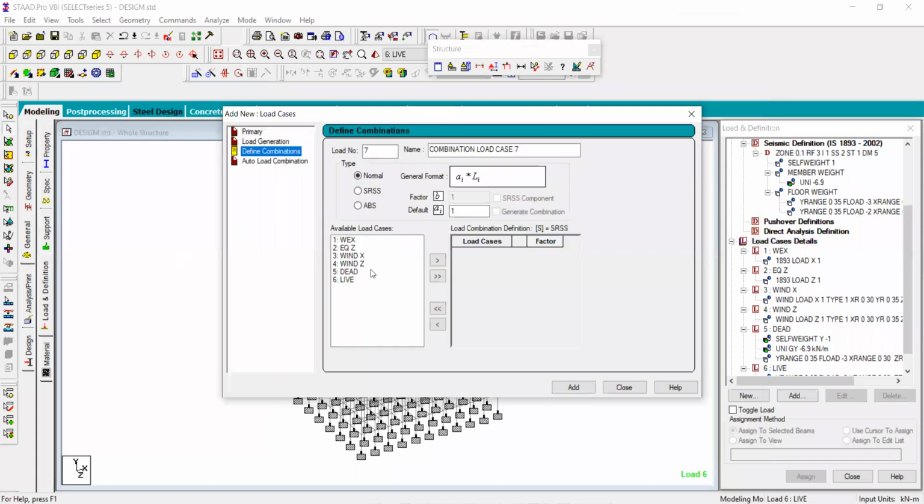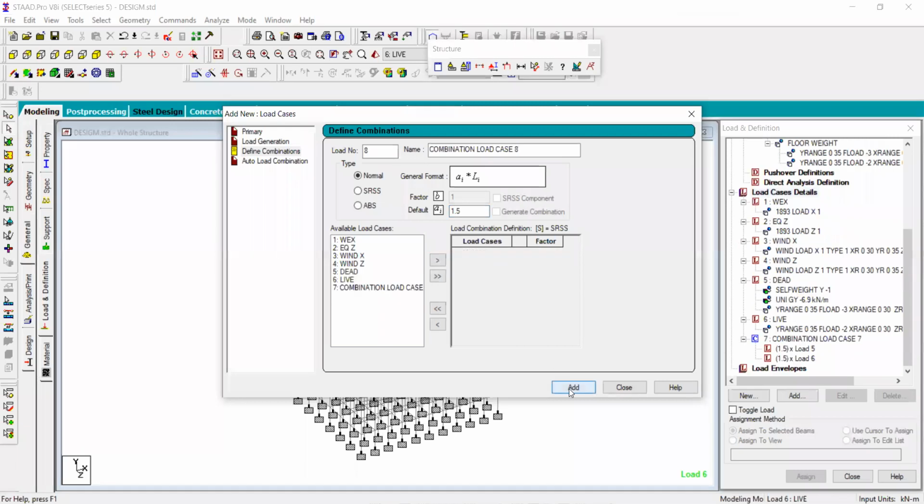We have defined various types of load, like wind load x, earthquake load x directions, etc. By the code 875, the combinations are given. The first combination is the combination of dead and live load, its factor equal to 1.5. When dead load and live load, it will be one combination.